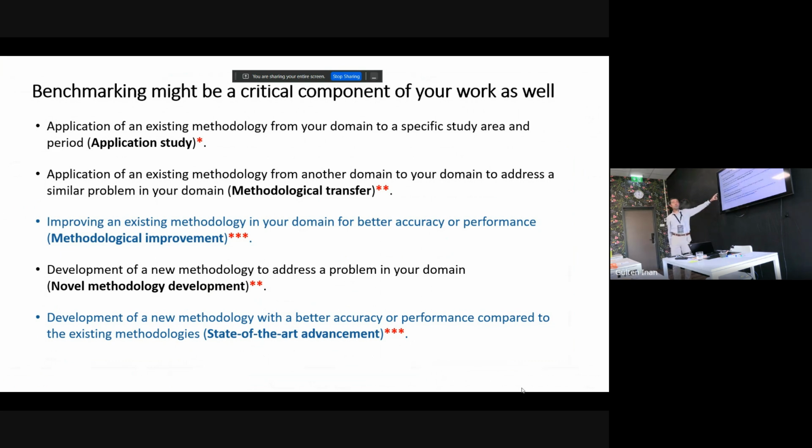If you do methodological improvement, or if you do a state of the art advancement, benchmarking is the core of your study, because you need to show that your method is better than others, right? But if you develop a new methodology, or apply an existing methodology from another domain to your own domain, this is still important because you need to show that the methodology is feasible. If you come up with an idea which requires 2 years of computation to come up with a result,